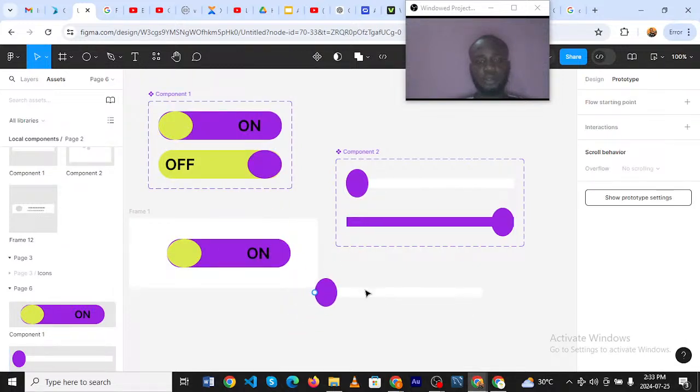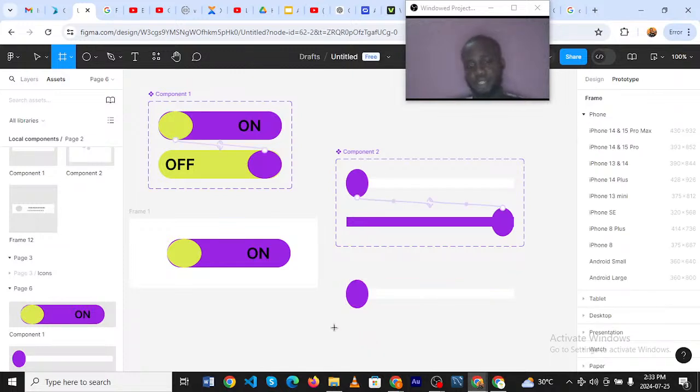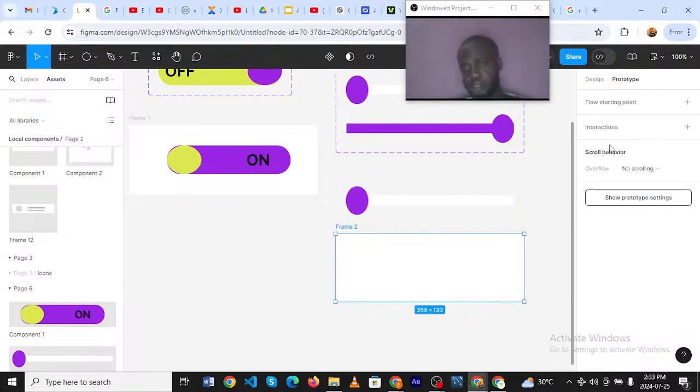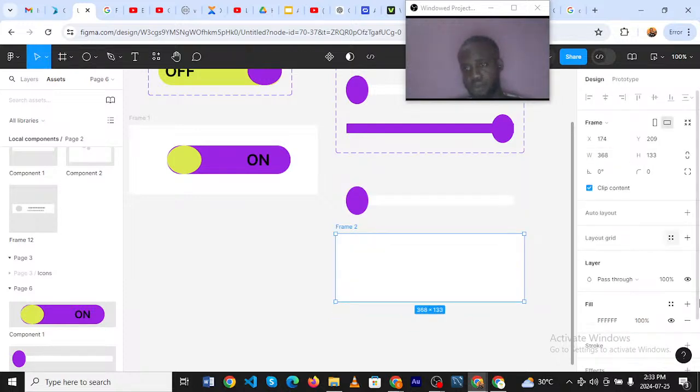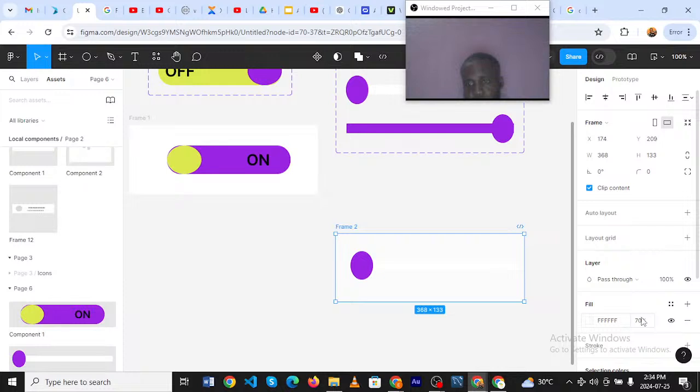All right, so I'm going to bring this now. This is going to come here. Remember I told you, in the assets, you pick the interactive component. All right, so we're going to put this here. Let me change this from white. Let's give it a darker level of white. Then I'm going to put this inside. Okay, perfect. This white is too bright. Let's make it 40. Okay, thank you. So let's preview.